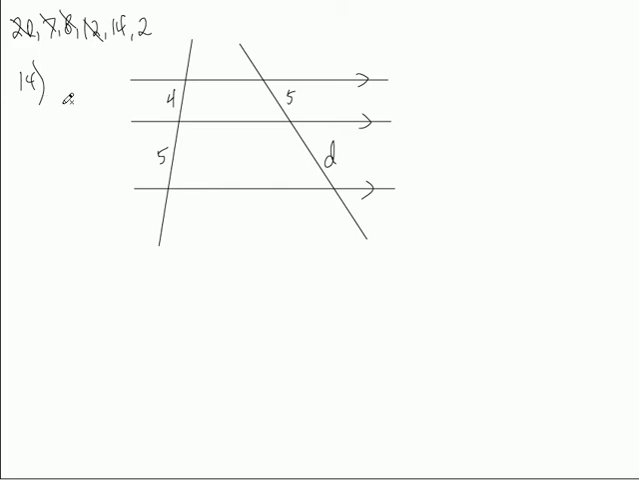Okay, here's number 14. You got three parallel lines. You know they're parallel because of the little arrows right there, and you got two transversals. If you remember that, when you have this situation, you have parallel lines. These segments that are cut off right here, the 4 and the 5 and the 5 and the D, they